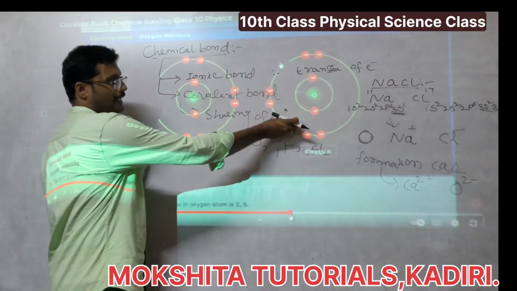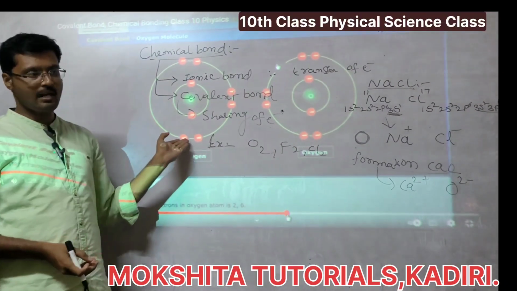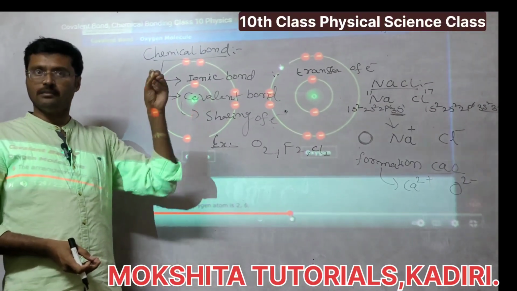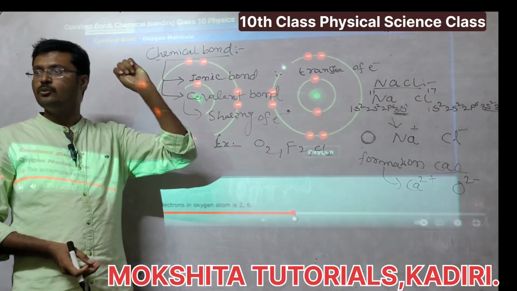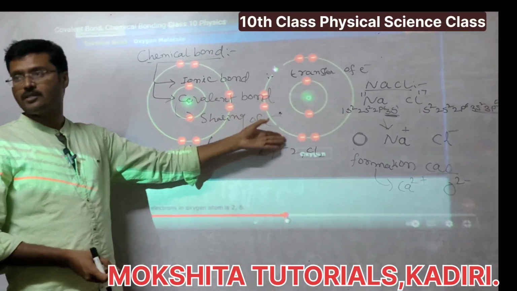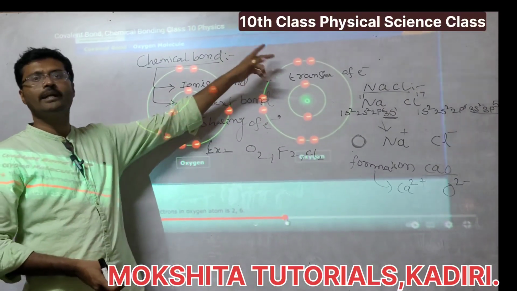To get the octet structure, each oxygen lacks 2 electrons, so it is ready to take 2 electrons. But in this case it is not possible to transfer electrons. Why? Because if one oxygen gives the 2 electrons,